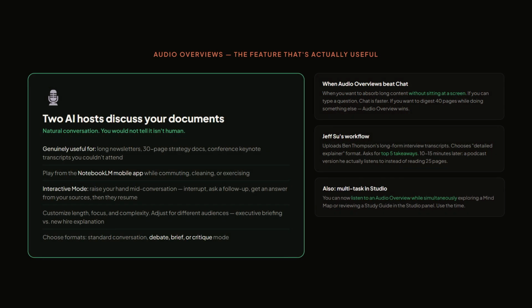Let's talk about audio overviews properly. The standard description is, two AI hosts have a conversation about your documents like a podcast. The actual experience is better than that sounds. If you've ever had a 30-page strategy document you were supposed to read but kept putting off, this is the solution. You upload it, generate an audio overview, play it on the mobile app while commuting or cooking, and you've